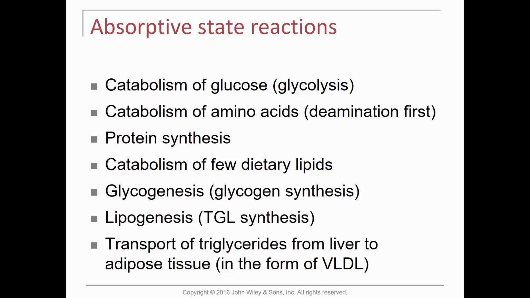So what kind of reactions do we mean? Well, I told you that the most abundant reactions are anabolism, but there are going to be a couple of kinds of catabolism. One is the catabolism of glucose. Glucose is taken up into cells, it gets phosphorylated, and that is the first step of a series of reactions